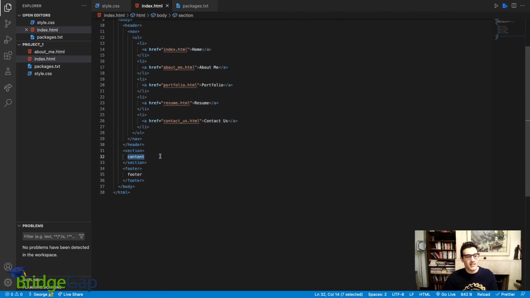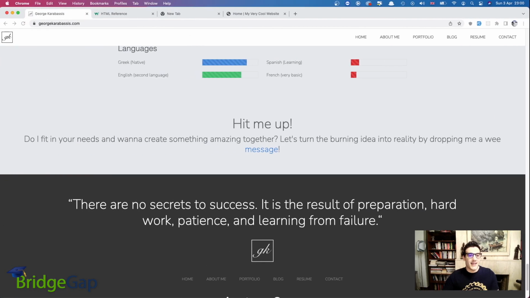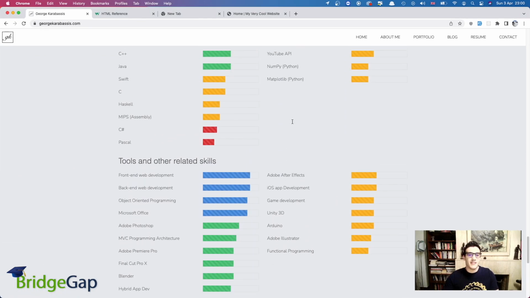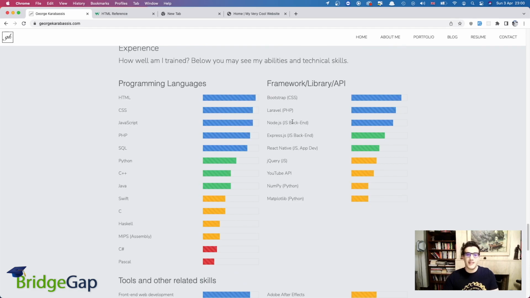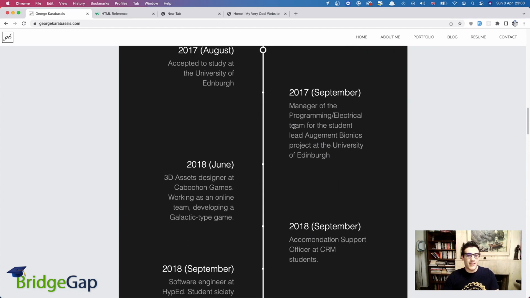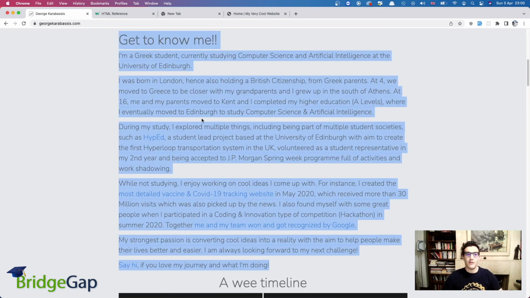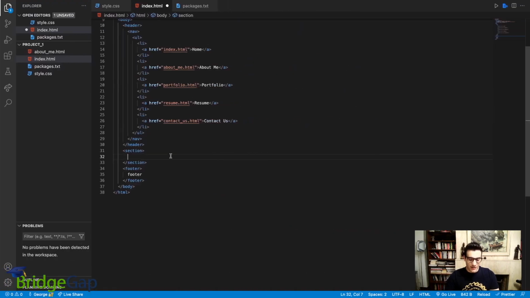So the way we do this is we're going to go to the section in the content, and as you saw, we counted 3 different areas on the page, and the first one is going to be the text right here, the biography. And HTML provides us a very easy way to split the website into multiple parts, and this is where the div tags come into play. Now if you type a div here,